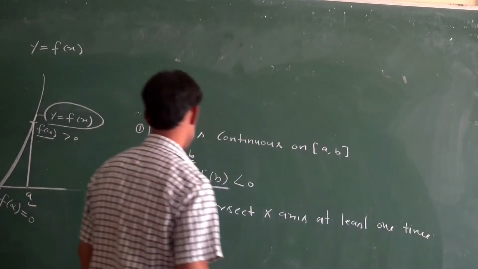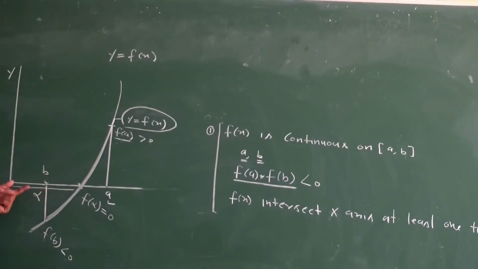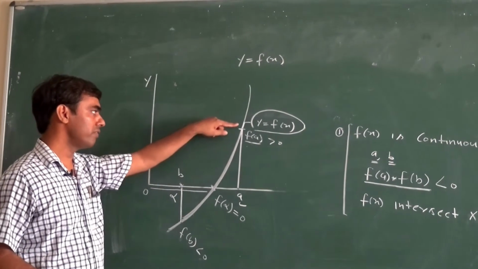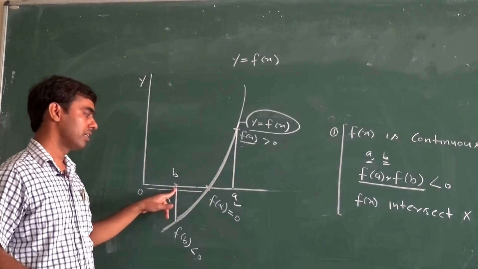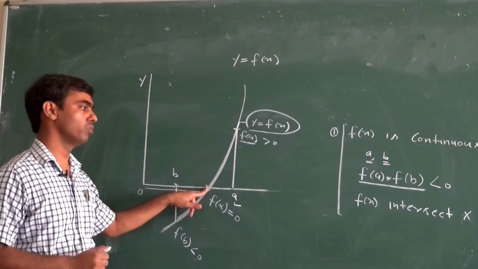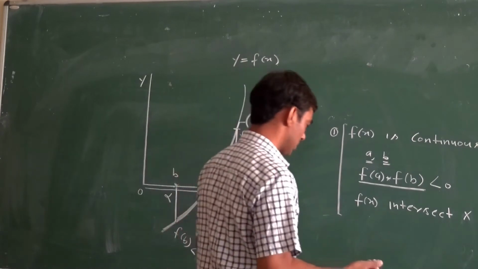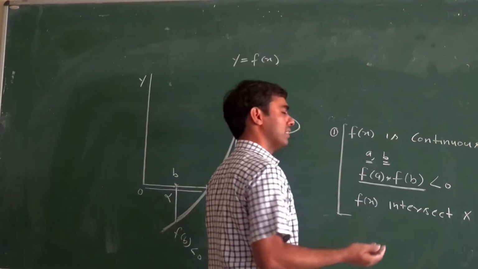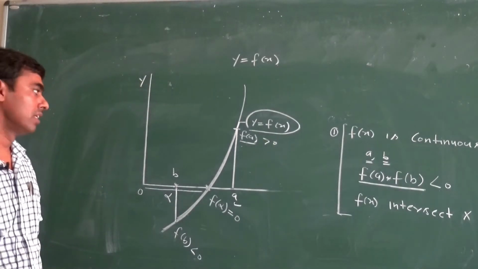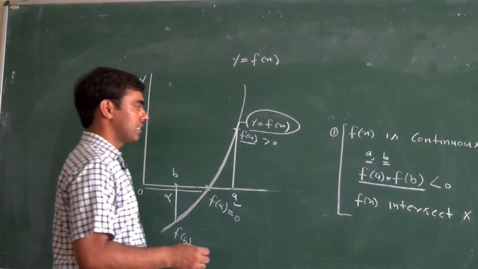Now what is the meaning of this one? If this one intersects the x-axis at least one point, then between A and B, there exists at least one real root, or more than one real root, or an odd number of real roots. More than one real root, in other words, maybe an even number of real roots or an odd number of real roots. But if this one intersects the x-axis,